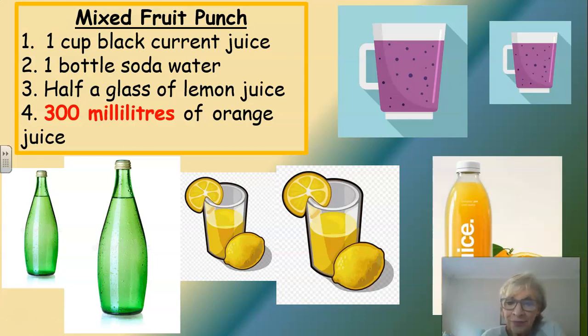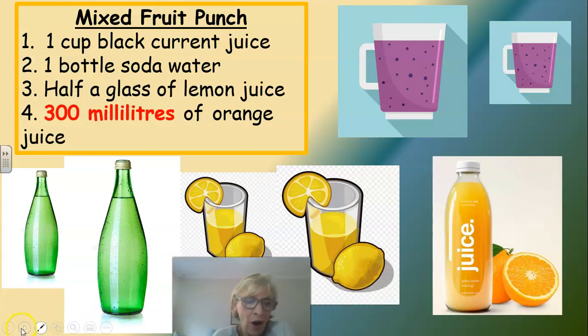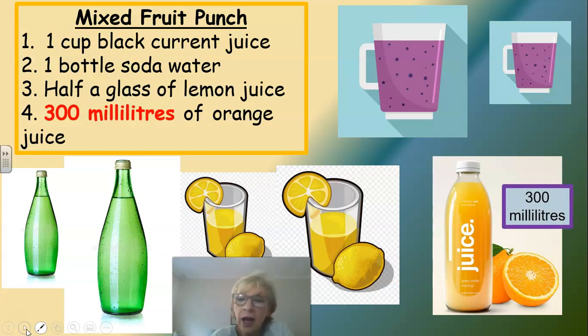And there is my 300 milliliters of orange juice. It's your normal kind of small bottle, 300 milliliters, not your big liter like your 2-liter Coke. It's a smallish bottle of orange juice. And that is the only one, grade 3s, that can tell me exactly what I need to put into this recipe. If you are baking chocolate crunchies or chocolate chip cookies and you are asked to put a teaspoon of baking powder in and you don't know what size that teaspoon looks like, you can ruin those gorgeous chocolate chip